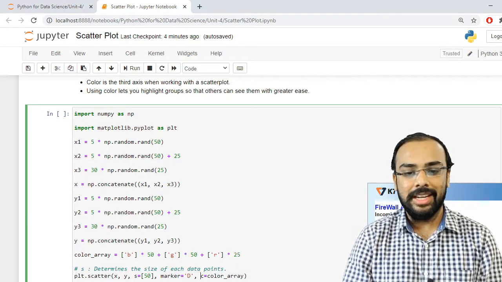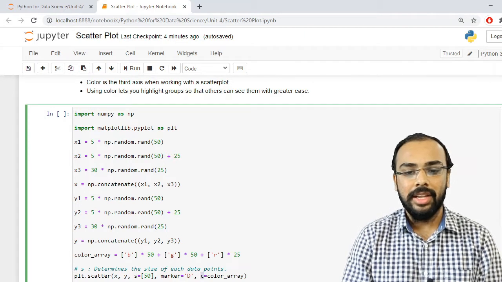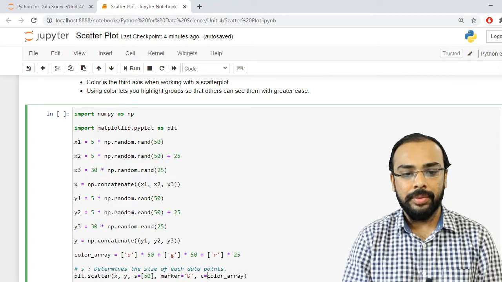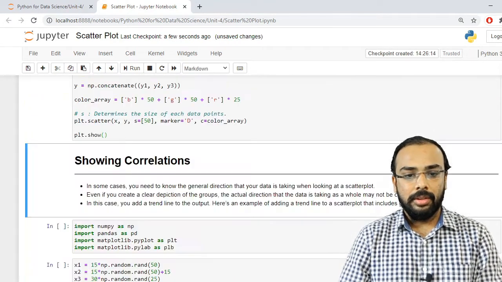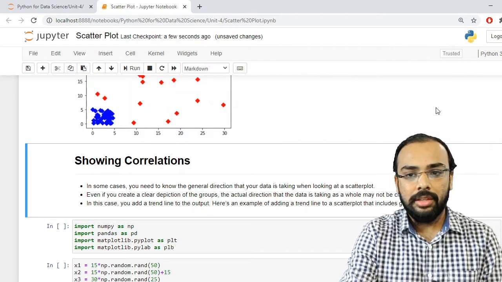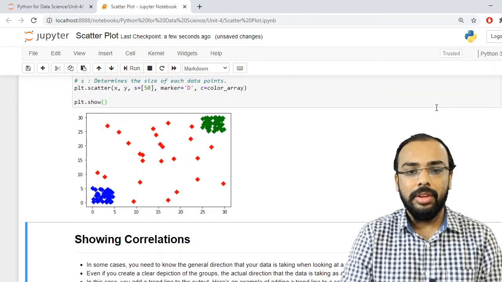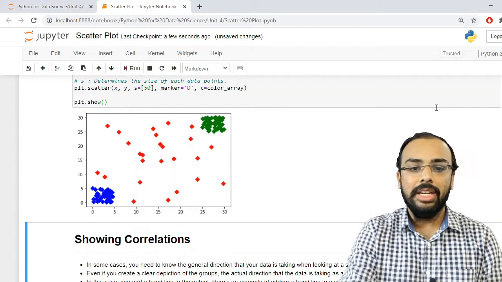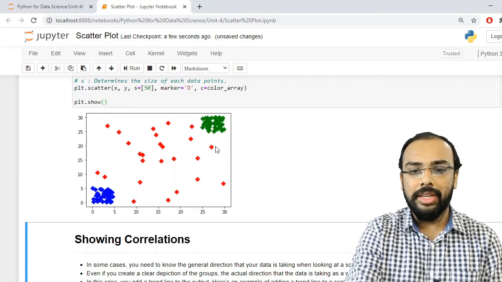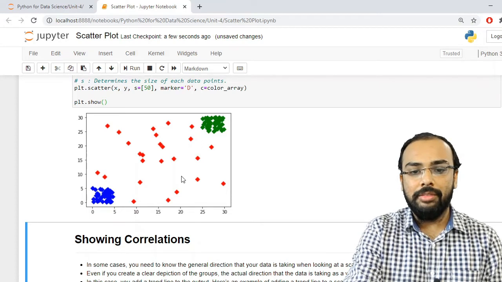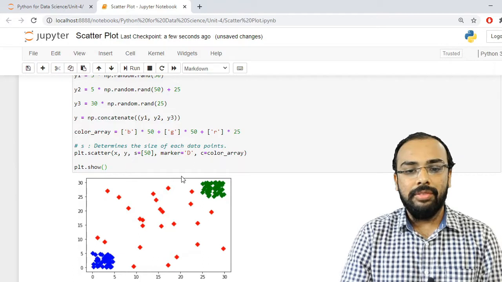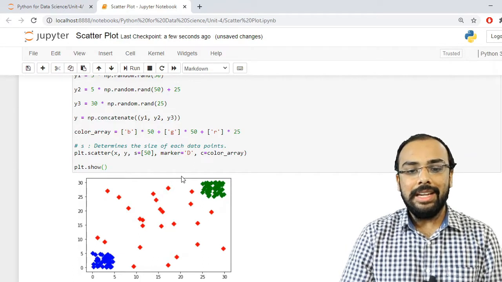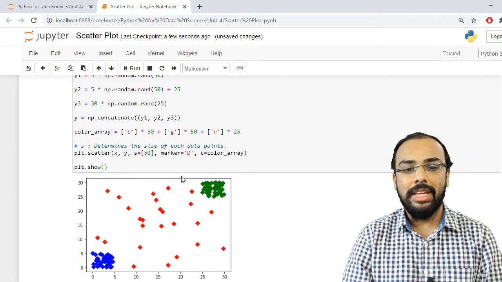So for that there is an attribute which is named as C, and I have specified my color array which we have created over here. So now let us plot this particular scatter plot. Here you can see is our scatter plot, which is distinguished in different colors, that is red, blue and green. This is the proportion of our data or the points whenever you want to bifurcate into different visualization, and it makes our visualization very easier.